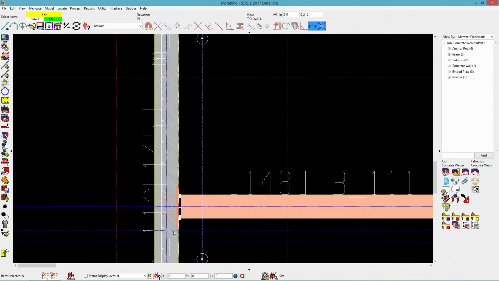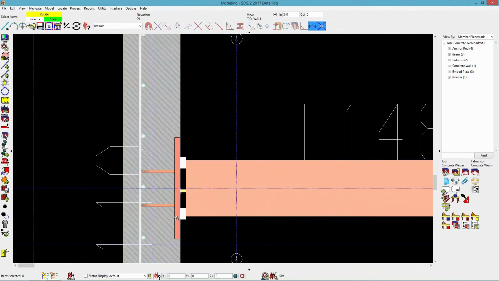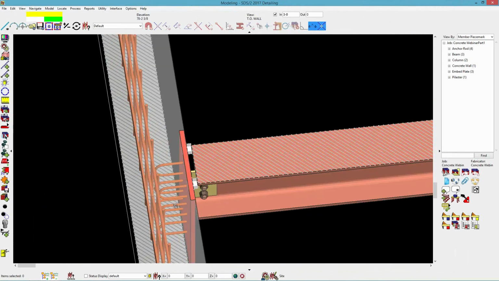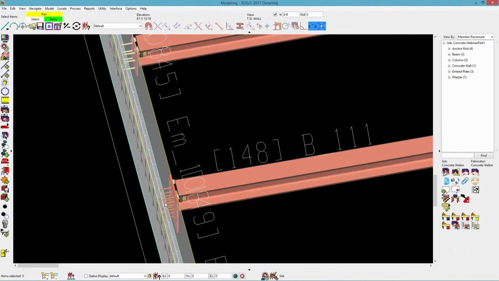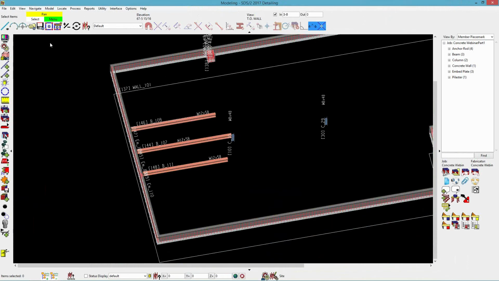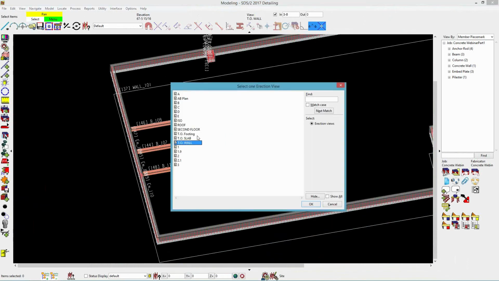And then take a look. So you can see that it's inside the wall. Then you can see that I have my DBAs there. Okay, next member type that we are going to add in here